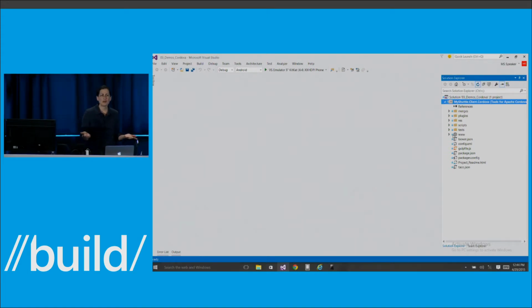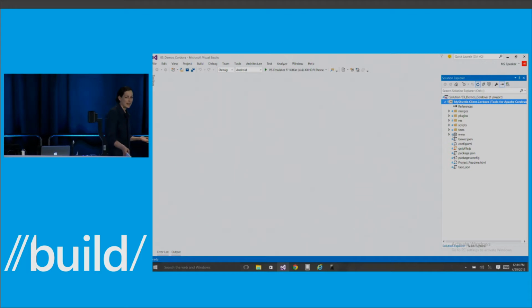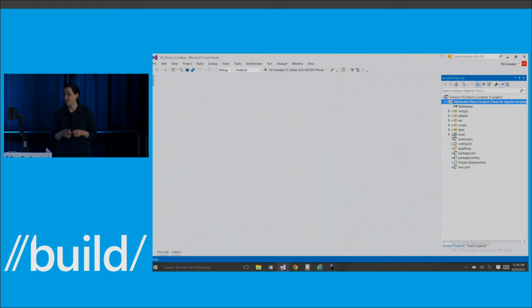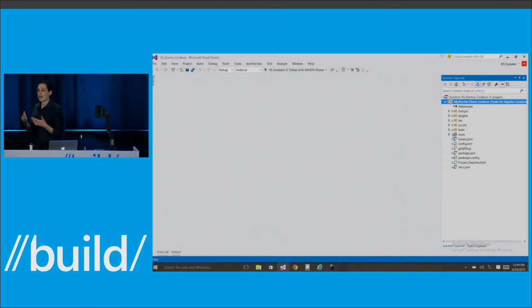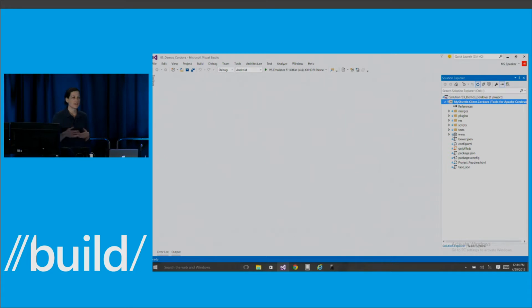How many of you guys have heard of Apache Cordova before? Okay, how many of you guys have heard of PhoneGap before? Okay, they are actually somewhat one and the same. There are a few differences if you're really, really deeply involved, but for the most part, they refer to the same technology. Apache Cordova is a project that Adobe donated to the Apache Foundation a few years ago now, and